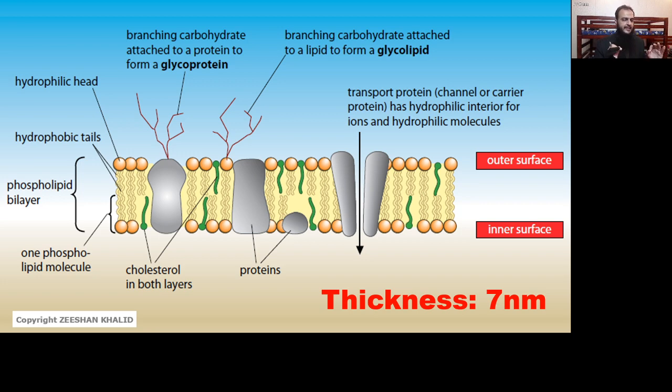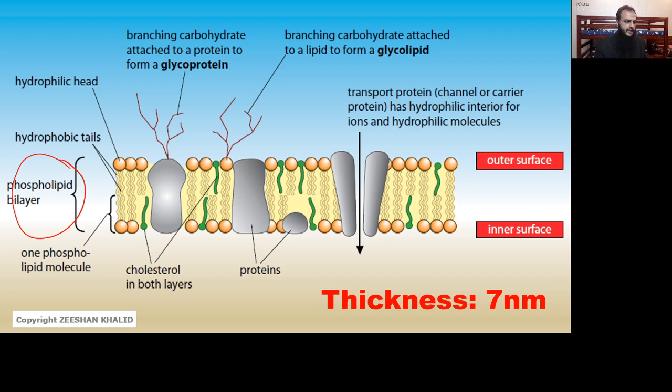Now, to make things simple, when I explain this, I want you to pause the video before I go to the next slide. There are 5 things that I will identify that we need to know with regards to the labeling of the cell membrane, okay? Now, let's start from the left side, and then we're going to go clockwise. If you look at the extreme left side, you can see this label, the phospholipid bilayer,